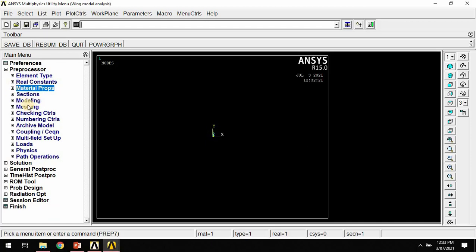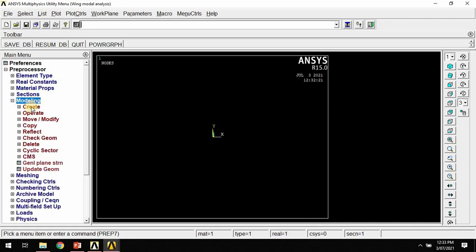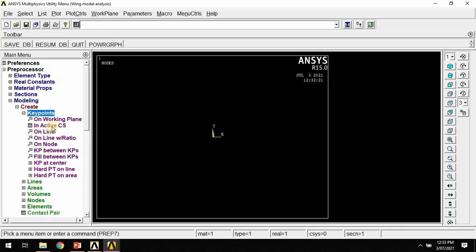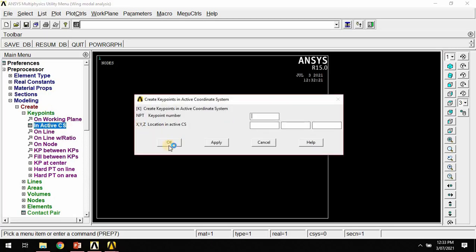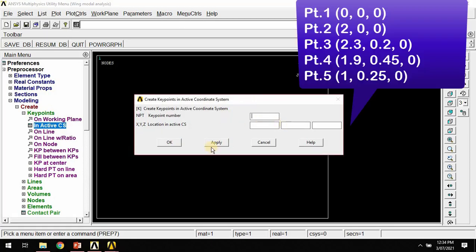Now create a keypoint. So go to Modeling, Create Keypoints in Active Coordinate System. First value is 0 0 0. Apply. Second value is 2 in the x direction. Apply. Third point is 2.3 and 0.2. Now click on Apply.